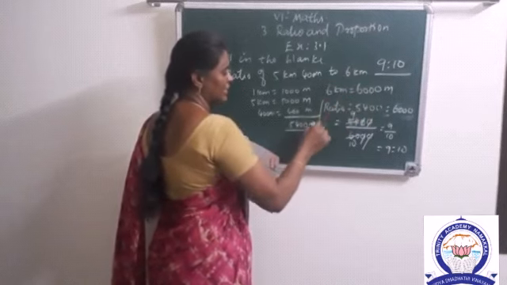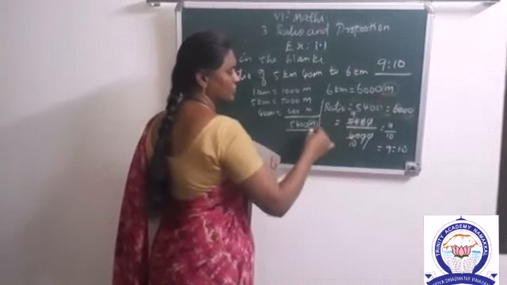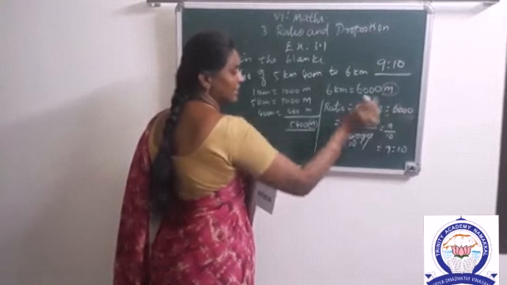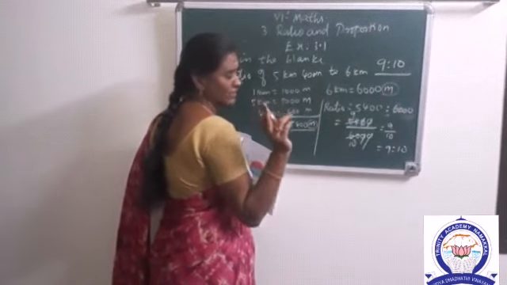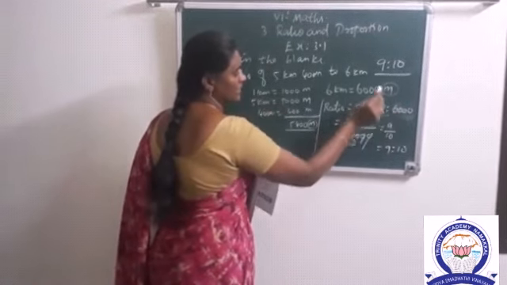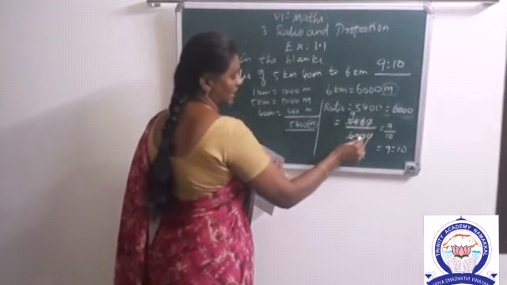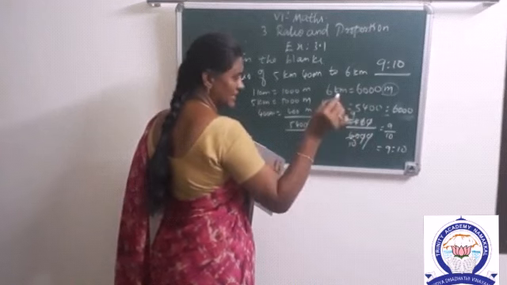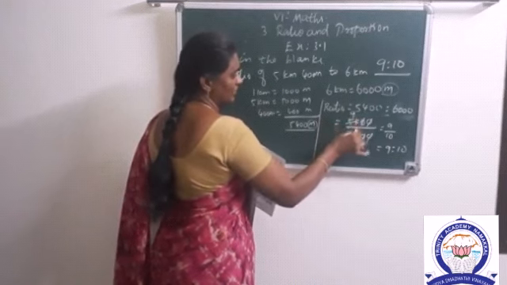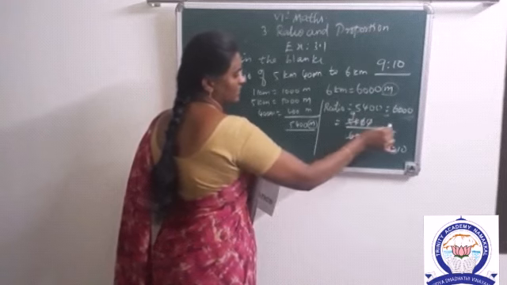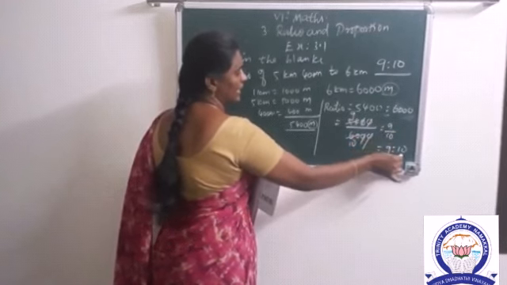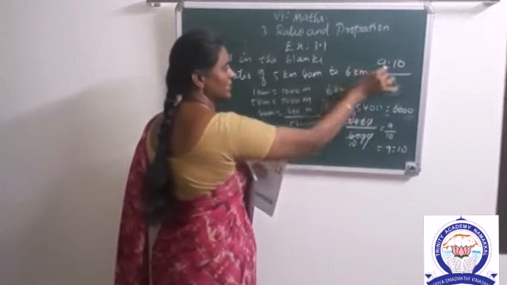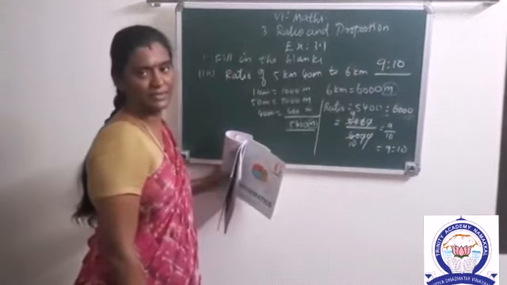See here, now the units are the same. Here and here also meter. We write in the ratio form 5400 is to 6000. We write only the number because ratio has no unit. Okay. Now 5400 is to 6000. Here this one we write in the form of fraction. This 0 gets cancelled. 54 and 60 have the common factor 6. So 9 6s are 54, 10 6s are 60. Here this one we write 9 by 10. Again we write in the ratio form 9 is to 10. See, the ratio of 5 kilometer 400 meter to 6 kilometer is 9 is to 10.